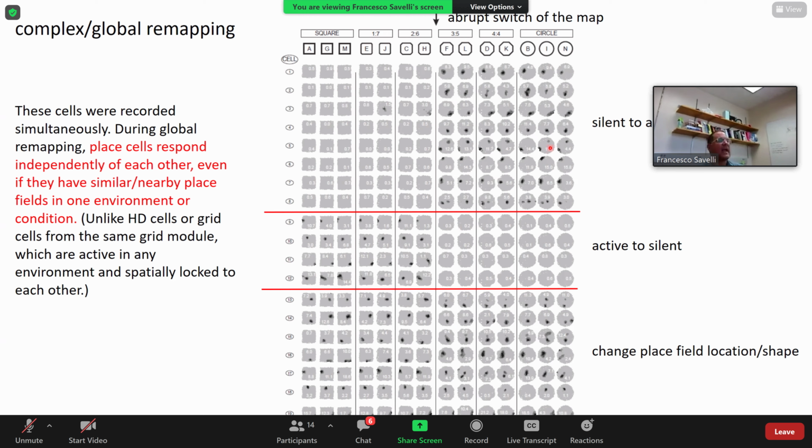And again, it's hard to say what's happening to a place cell based on what's happening to another cell. Say, for example, some of them change less than others, but if you try to see, okay, this one moved right or left, in general there is not a systematic rule for that, okay? And this is unlike what we saw for head direction cells or grid cells. So the next slide